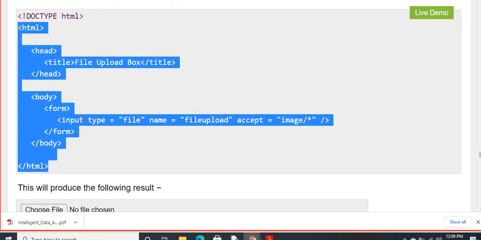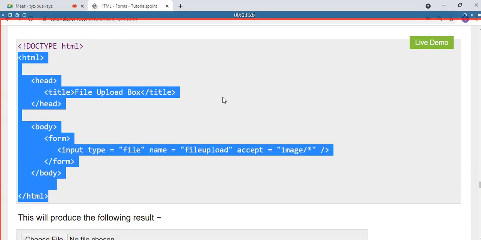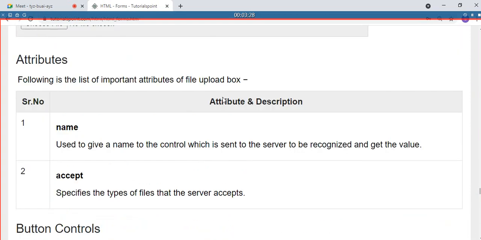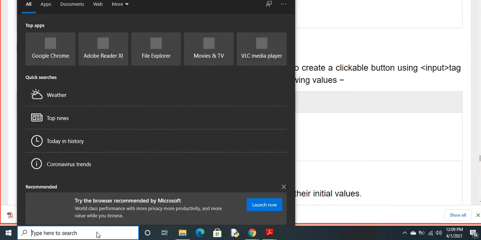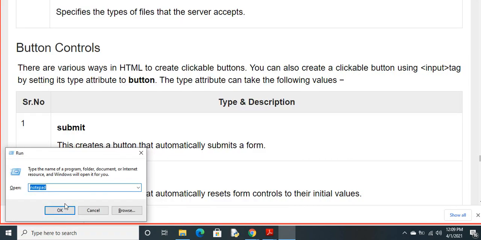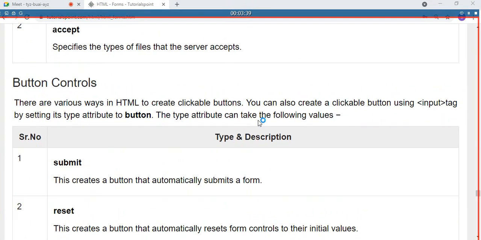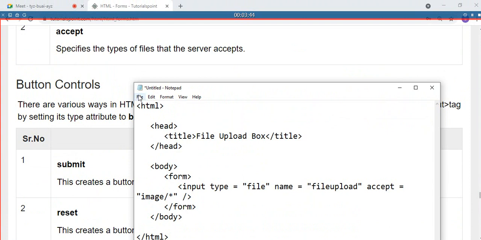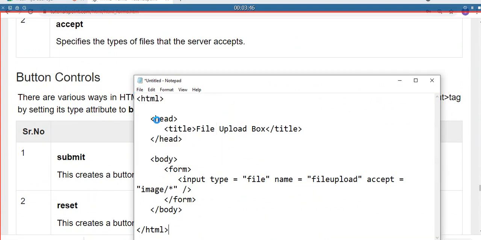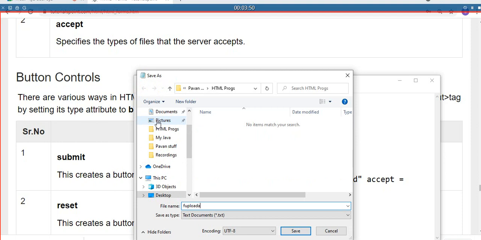The tag will be input type equal to file, name equal to file upload, accept image. If you click on it, whatever file we have uploaded will be displayed. Now I am executing it. File, save, f upload .html.